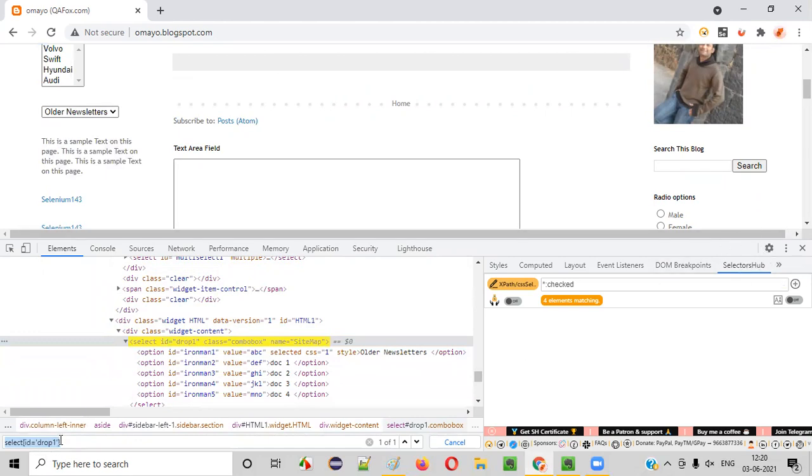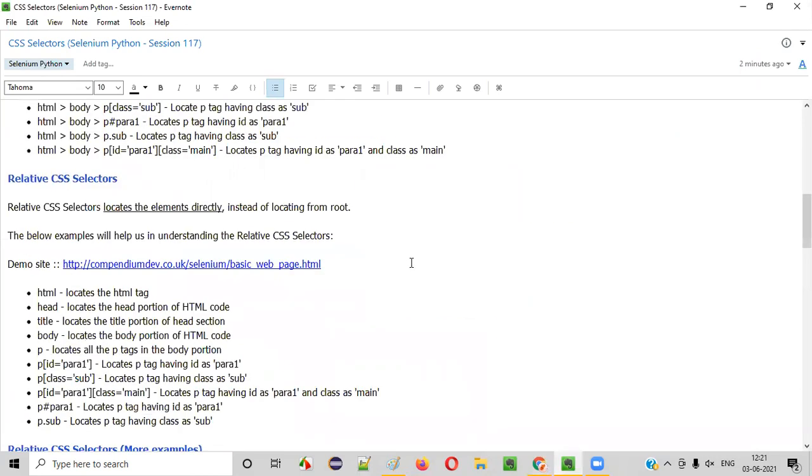If Selector Hub is not there, we have to use the default Google Chrome DevTools here. But since Selector Hub is a very advanced tool and is currently popular in the market, I recommend if Selector Hub is there, you can use it, guys. But you should be ready in case Selector Hub is not there tomorrow, and be in a position to create your own CSS selectors and locate the elements using manually drafted CSS selectors. Selector Hub is going to save a lot of time for you guys, so until it is there, use it like anything. So that's all about CSS selectors, guys, and how to manually create or build CSS selectors on your own from scratch.